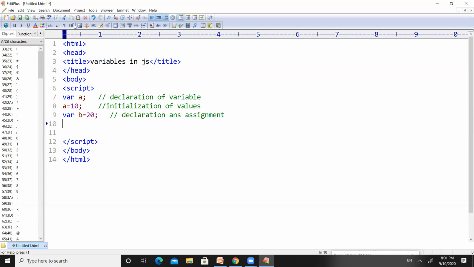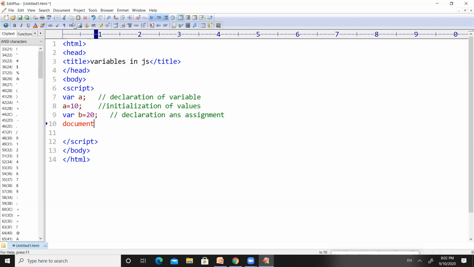Similarly, in JavaScript, we have a statement which is used to print something on the output screen. For example, if we want to print the value of a on the output screen, we have to use the object called document. I think you all know this document terminology. We have used it in the previous session examples.